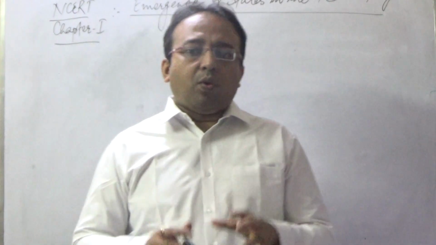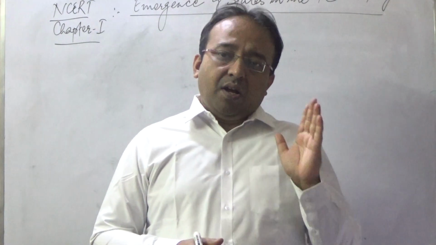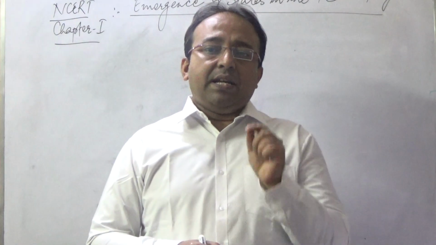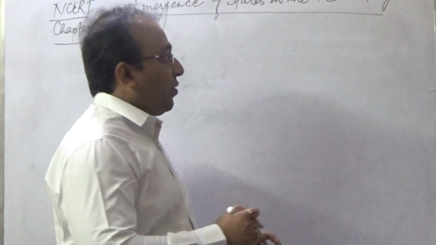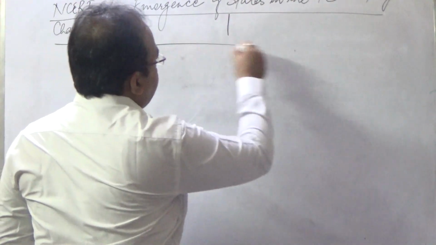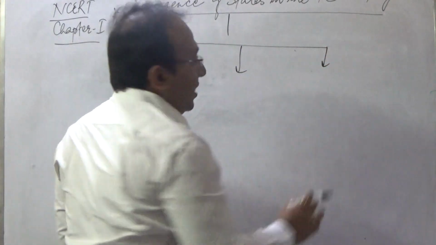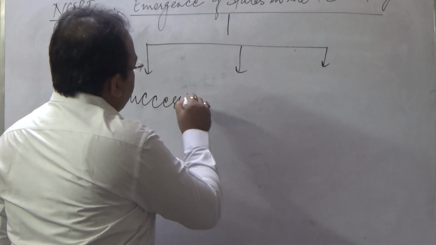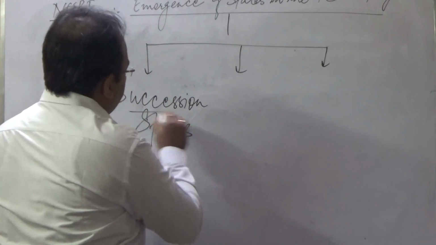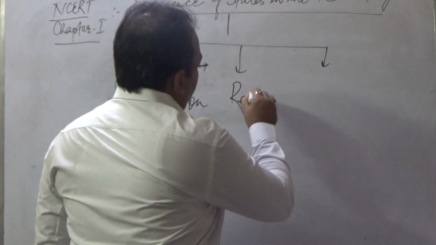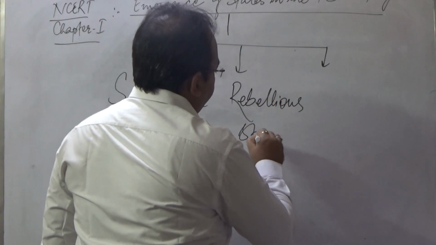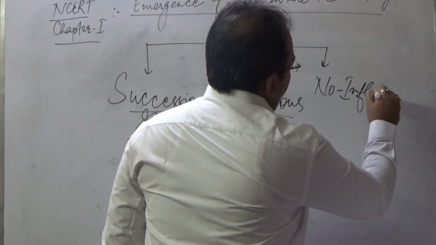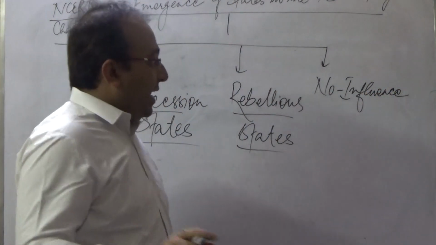So let me explain what kind of states emerged in the 18th century once the Mughal authority in India started declining, especially after the death of Aurangzeb in 1707. Alright, so let me give you a brief idea about it. The emergence of states in the 18th century can be categorized into 3 broader segments. One group of states could easily be called the succession states. The second is called the rebellious states. And the third was the states having no direct influence of the Mughals,